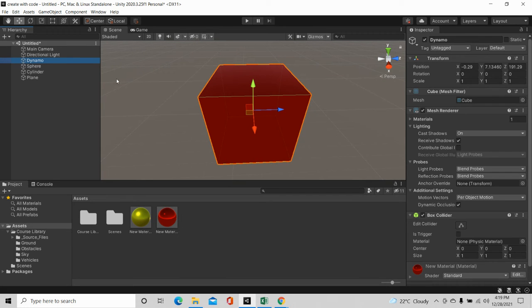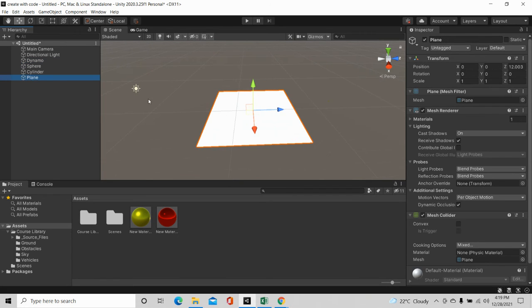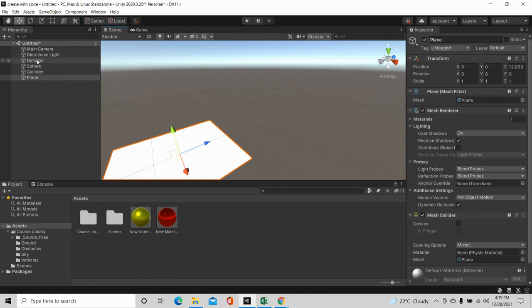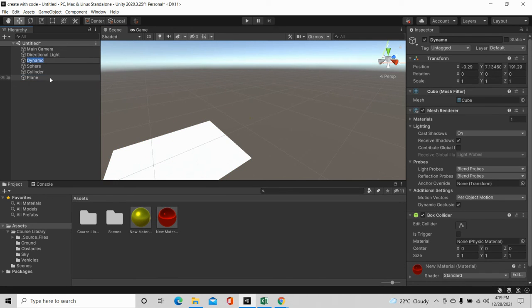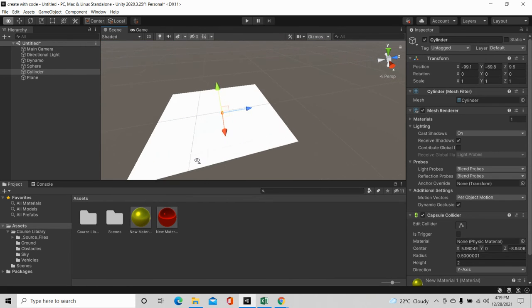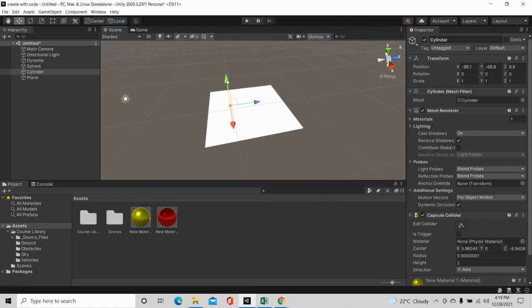We have the plane, and now the dynamo, I think. Where is the dynamo? Let us drag this cylinder and place it here. So this is the dynamic construct. This is actually the construction we make in our game.